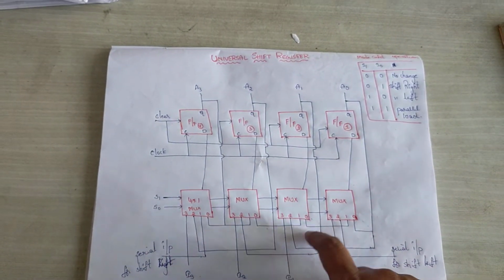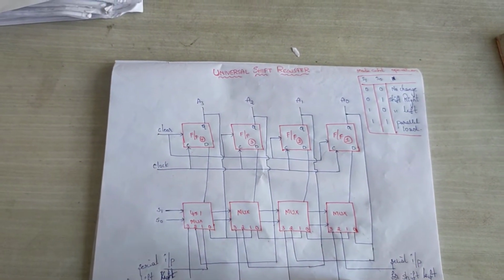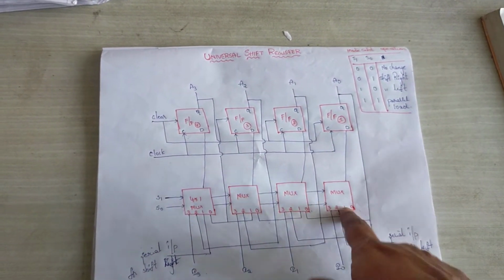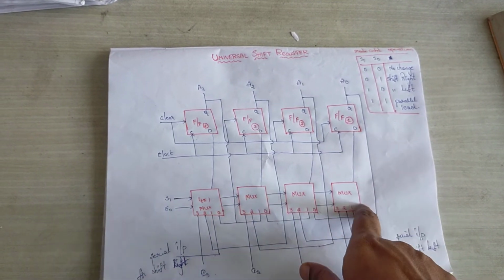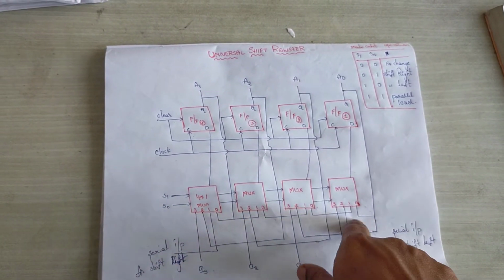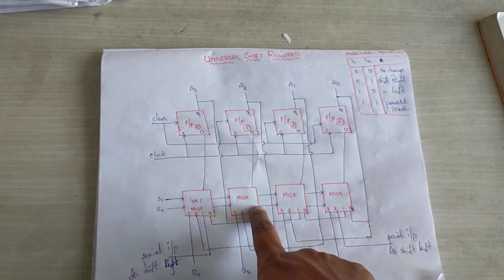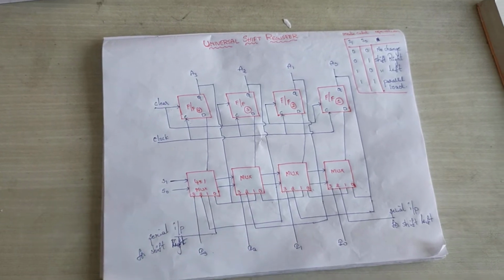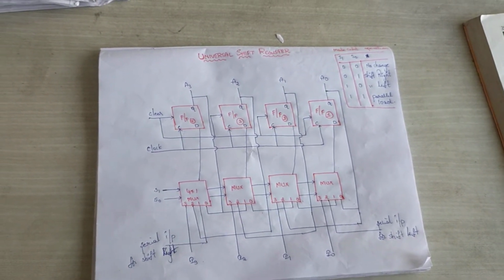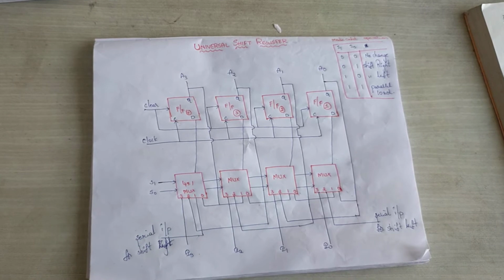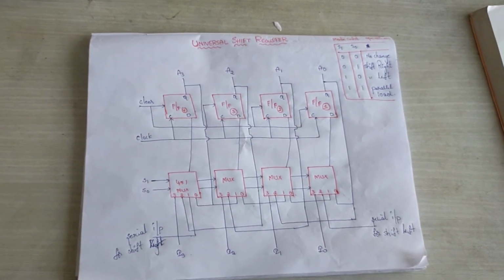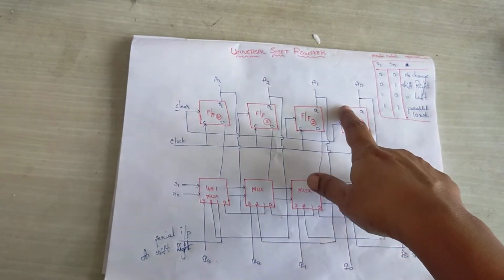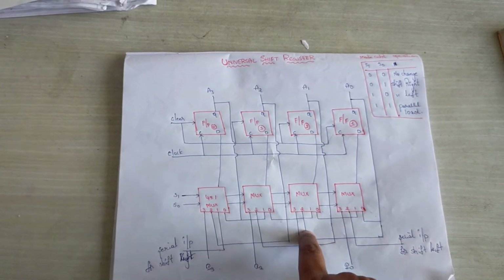So this is the block diagram of universal shift registers. In this universal shift register we have 4 mux. A 4 into 1 mux means it has 4 inputs. So it has 4 mux and 4 D flip-flops. What was the scenario of a D flip-flop? Whatever the input, it produces the output as input. If input is 0, output is 0. If input is 1, output is 1. So here it consists of 4 D flip-flops and 4 mux.